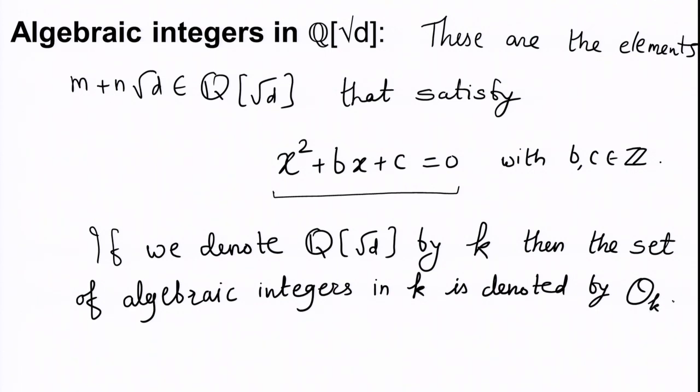So, this is the set of all algebraic integers in Q root D, where K denotes Q root D. It turns out that this is a ring. You can add and multiply any two such elements and you will be in the same set, and therefore, the main question is what are the elements by which you can divide. But even before we tackle that question,